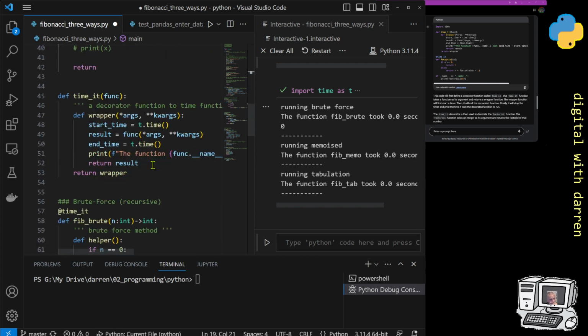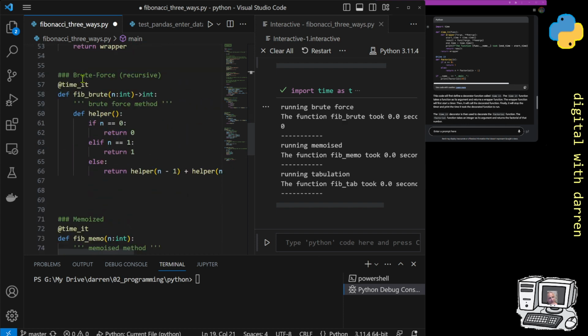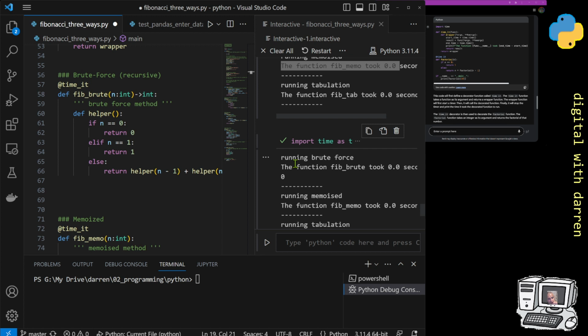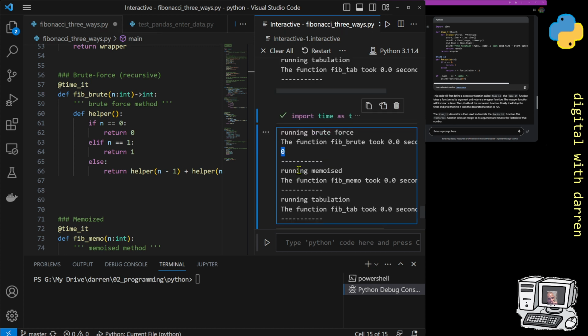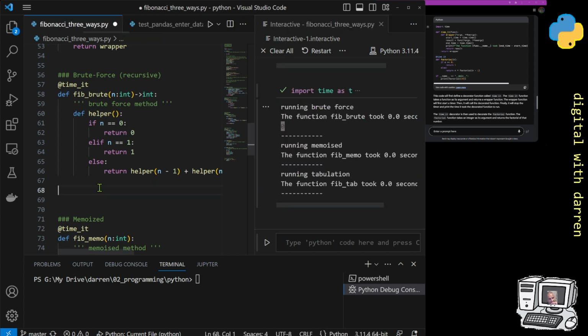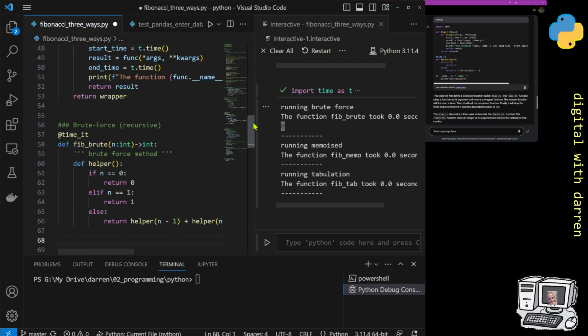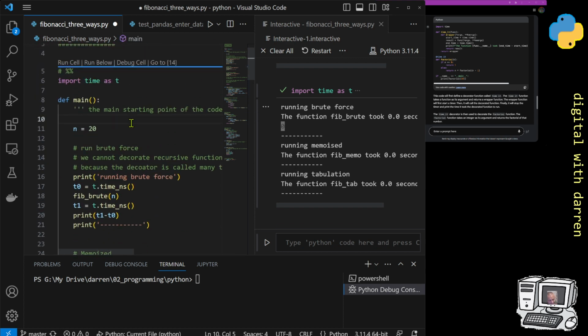Is that because the brute force method called the other methods? That'll be an interesting one, because I'm going to time it here, and that should just be the whole length of time of this brute force method. But it also gives a 0 here, which is an interesting one. But we know that can't be the case. I find that quite interesting, and the reason why I know that can't be, because if I just hit Control